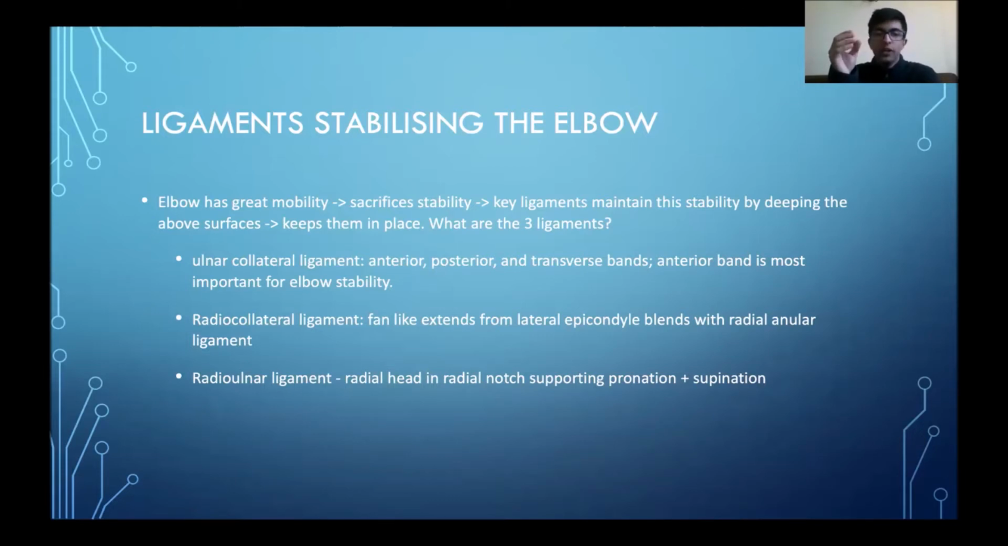of the ulna. And then the radial collateral ligament and the ulnar collateral, if you just remember collateral, then it's ulnar collateral, radial collateral, radioulnar. And those are all the ligaments you need to be aware of for the elbow. So you have all these bands of the ulnar collateral ligament, but the anterior band is the most important for elbow stability. The radial collateral ligament is just a fan-like ligament that extends from the lateral epicondyle, and it